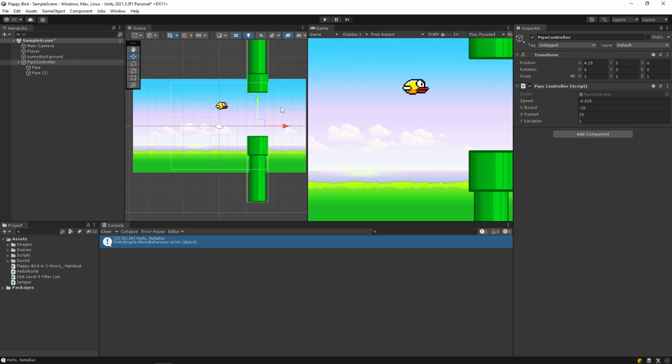we'll notice that the pipe controller moves up and down a little bit, like it initially spawns up or down, then it moves all the way to the left of the screen, and then it seems to disappear, but it comes back because it's wrapping around constantly. And so this is how we build our level. What we want to do is just duplicate this a ton of times. So if I stop playing, reminding myself to Control S, sweating from that. In order to duplicate these, same thing as we did with the pipes, just right click that, duplicate, and you move them over. Easy way to duplicate things.